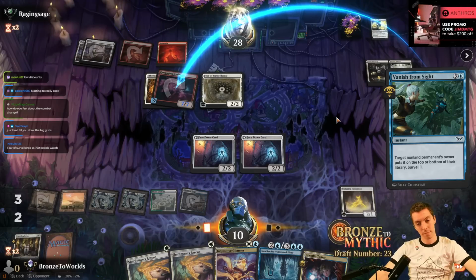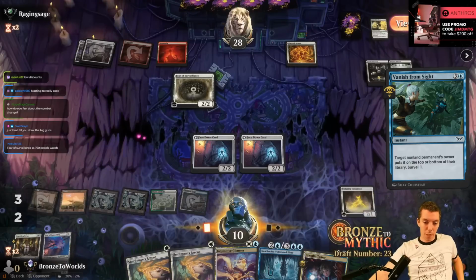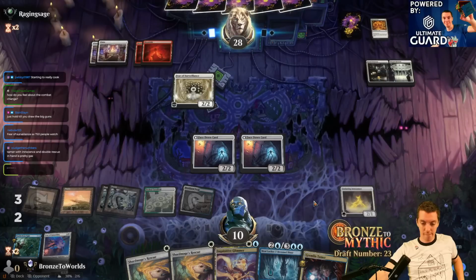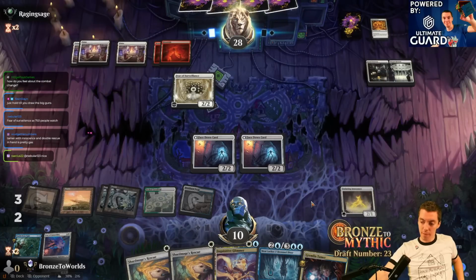Get off my plane. Fear of Immobility. I'm in for that. And then we just say go. Yeah, we have Tamer, Innocence, and Protection, which is nice. So...